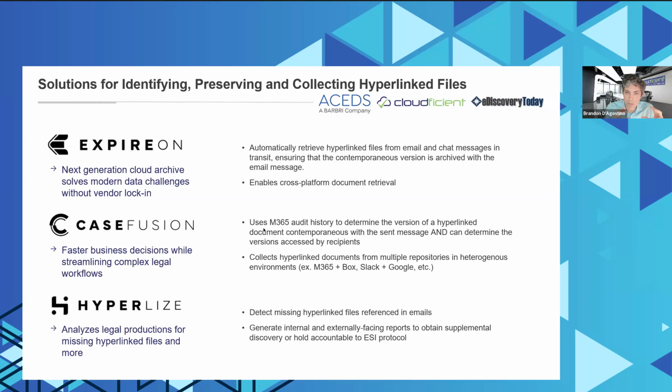So in a situation like In re Uber, where the court says there's going to be a certain number of these contemporaneous versions that you have to go get, knowing it's manual, how do you decide? It's almost like skimming a privilege log. I'd be able to look at the metadata and the information about those files and say, okay, these are the top 100 that I really care about. If I can only get some of them, Hyperwise will be able to tell you which ones you want to go get. So that's a quick overview of the portfolio.